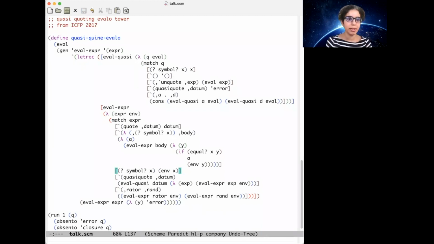Okay, so now let's look at another example from the ICFP 2017 paper. And the goal here is to generate a quine with quasi-quotes. So we need to augment our core language with quasi-quotation. And the way to do this is to write on top of the relational interpreter another interpreter that understands quasi-quotes. So we have a little tower of interpreters here. And so quasi-quotes are handled here with this eval quasi function. And notice it doesn't handle nested quasi-quotes, but it works well for having quasi-quotes at